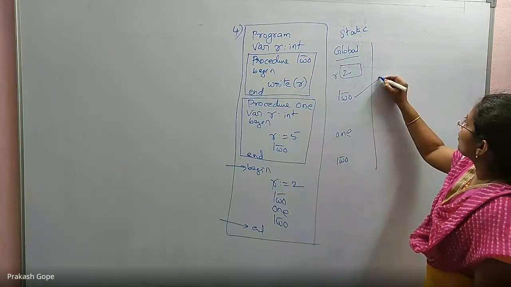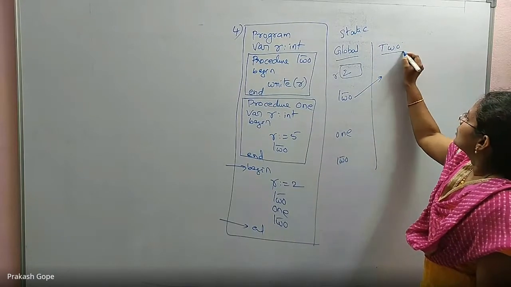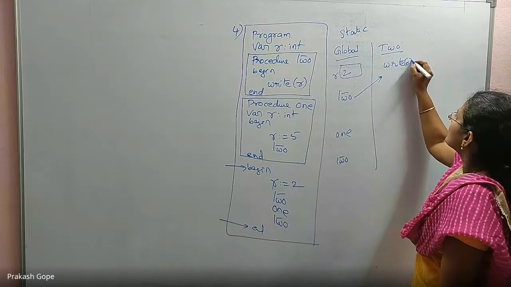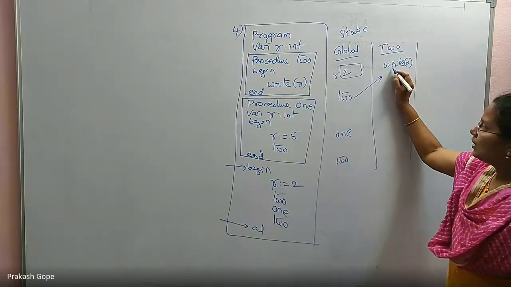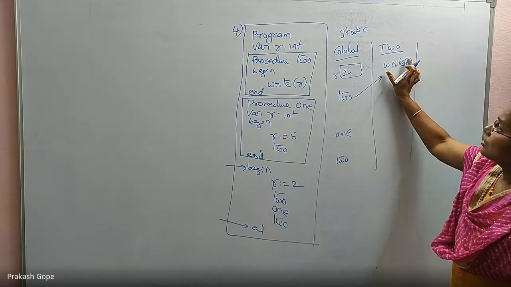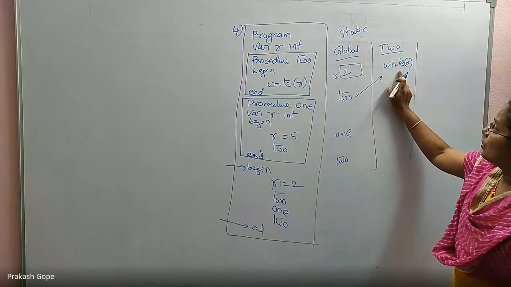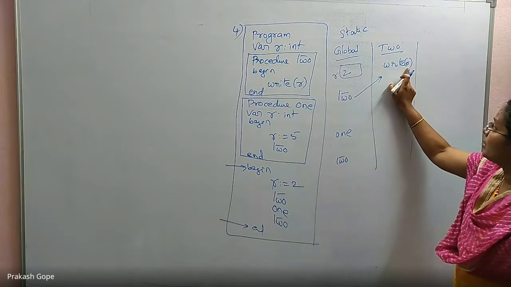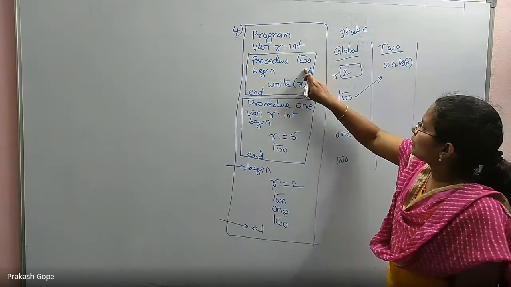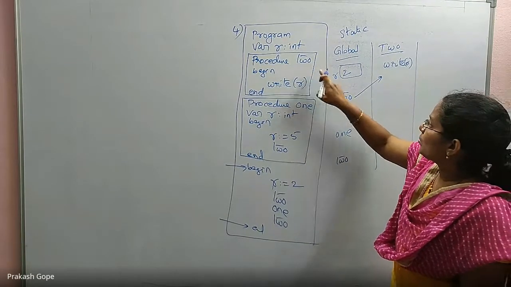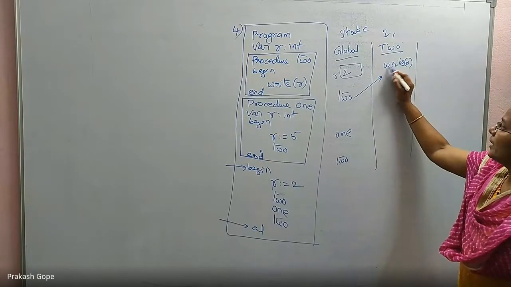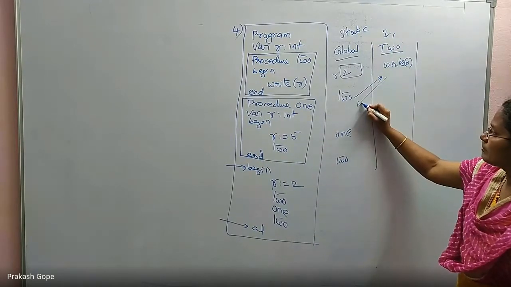So first procedure call 2. It has only one line, write R, that's all. But do I have a locally declared R here? No. Scope says static scope. So whenever you don't have a locally declared variable, you will access its outer block's R. For procedure 2, the outer block is the global program. So the global program's R you will print. Okay, so 2. Execution completed, go back. Now continue.